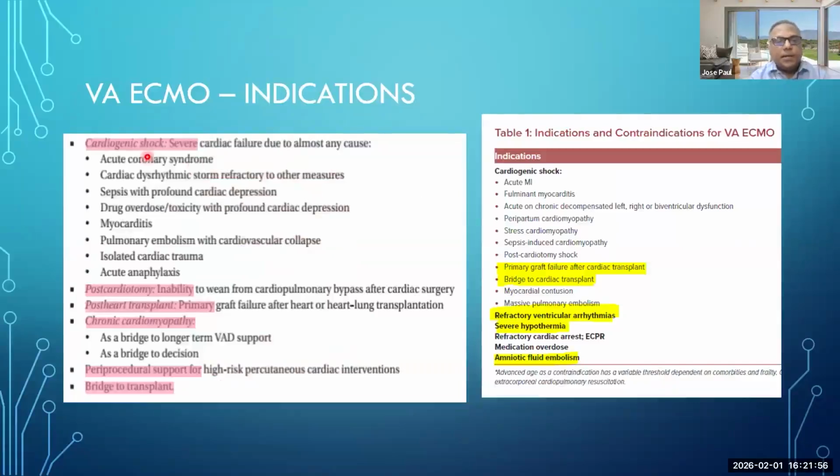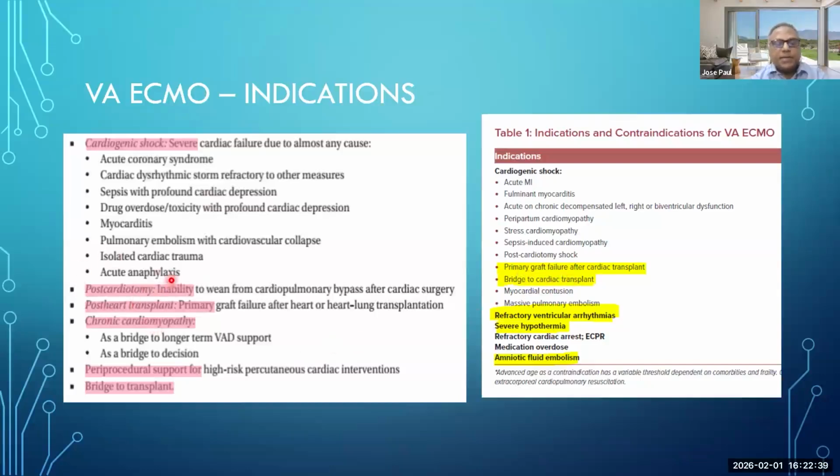Now coming to veno-arterial ECMO, this is for supporting the heart as well as the lung. So primarily it is used in support of the heart, where you get a severe refractory cardiogenic shock. So it can be done in patients with acute coronary syndrome, cardiac dysrhythmia, and cardiac arrest refractory to other measures, sepsis with profound cardiac depression, drug toxicity like severe beta blocker toxicity or some severe drug toxicity with a cardiogenic shock, myocarditis, then pulmonary embolism with a cardiovascular collapse, isolated cardiac trauma, then acute anaphylaxis, then